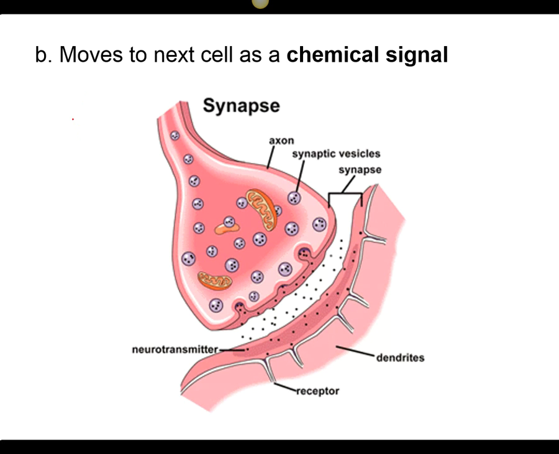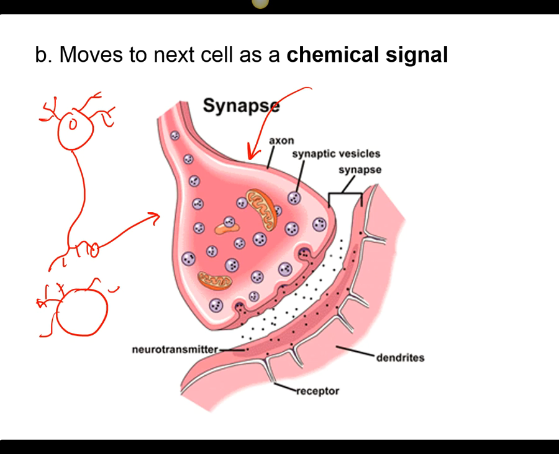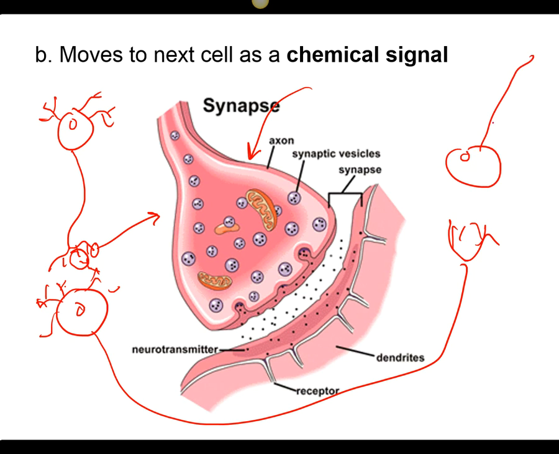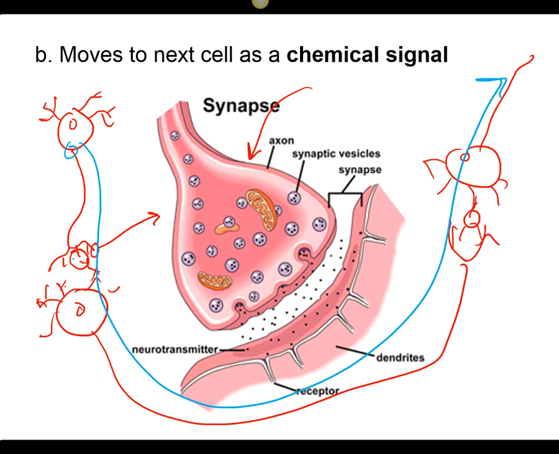At the end of our neurons, so if this is one neuron, here's the dendrites, here's the axon, and here's the axon terminals. This is an axon terminal at the end. So this would be like zooming in right there. And here's another neuron. This is how our brain communicates with all the cells. They don't actually touch. So I'm zooming in right here. And here's another axon and another axon terminal. Here's another neuron, and we just continue on and on. Here's some dendrites. They don't actually touch. So if I want to communicate an electrical impulse that starts here and goes all the way through, I have to play this tag you're it, and the impulse has to jump across this gap,